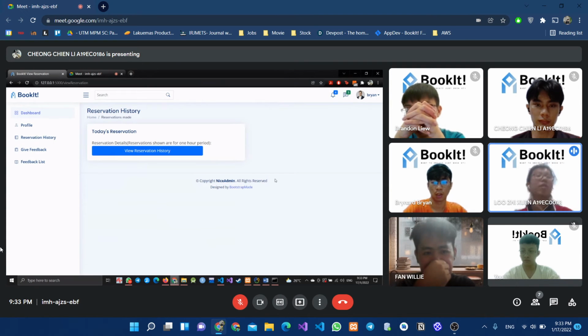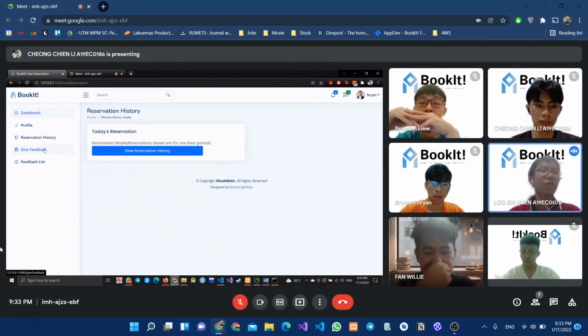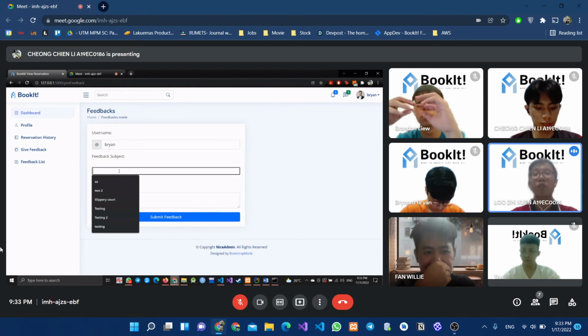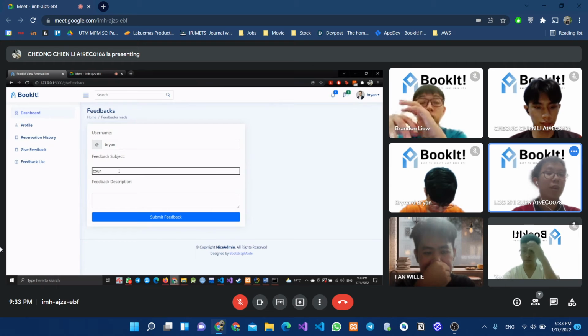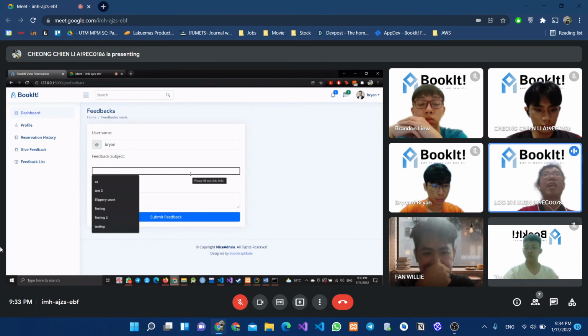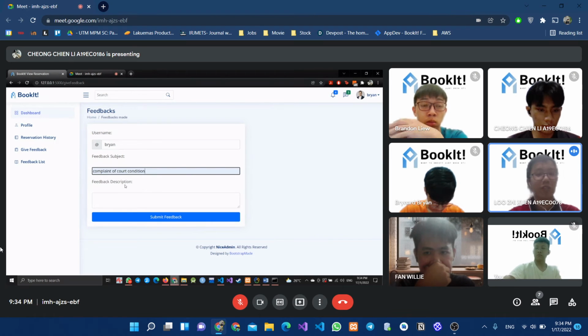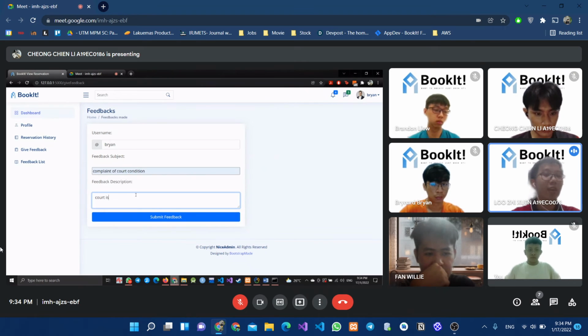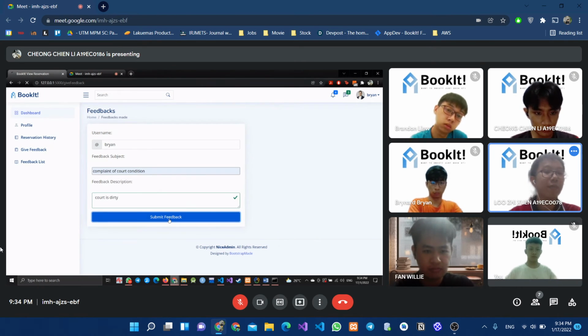All right. So the last feature that we have added inside this website is about giving feedback from the resident. So you provide the username. All right, the feedback subject identification, you just provide the subject identification for the feedback. When trying to submit without details, all right, it requires you to fill in the fields. So the admin side will not receive forms without any details. So maybe just a complaint about the court condition, to say that the court is dirty. Yeah. So when we submit the feedback,